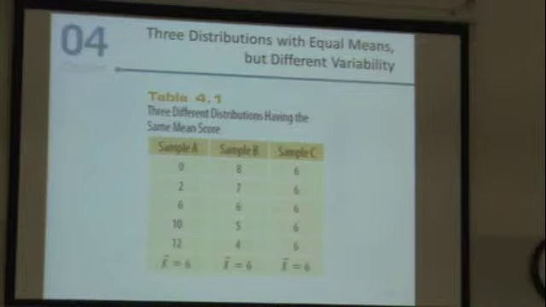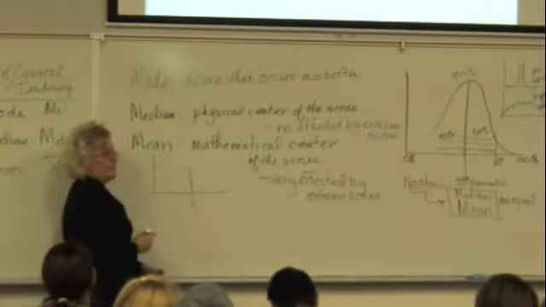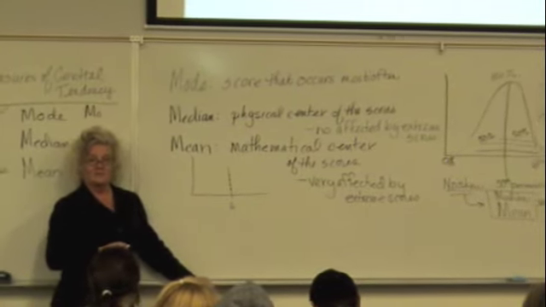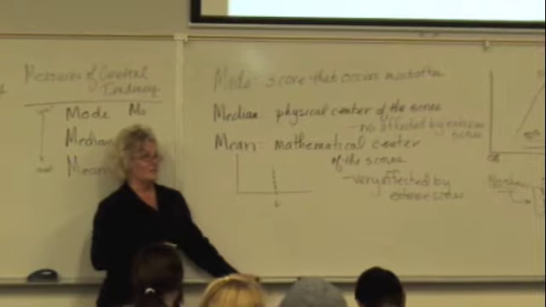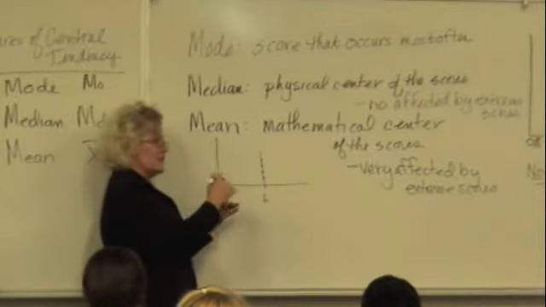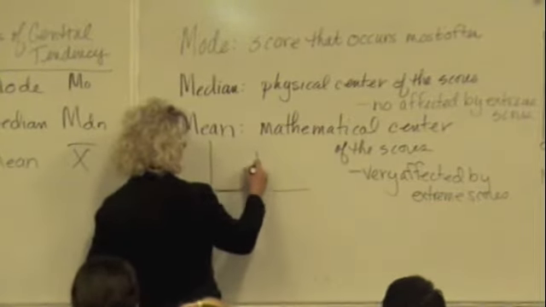So what happens when we look at a graph like C? Say here is 6, and I have people who get 6. You see how there's almost no variability? All the scores were the same. So this actually has 0 variability because they're all the same. See the idea? So more variability is literally what causes